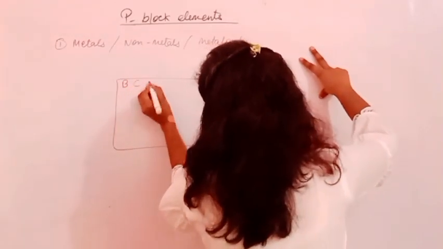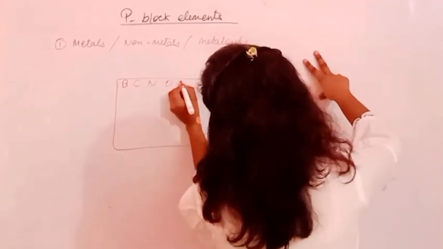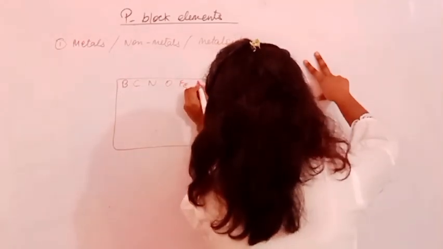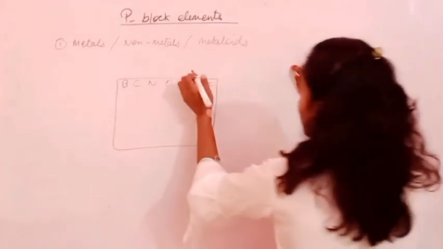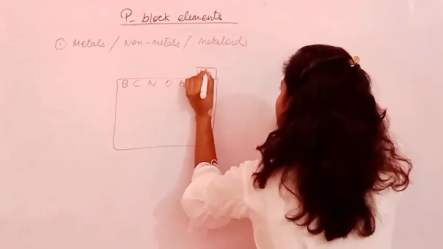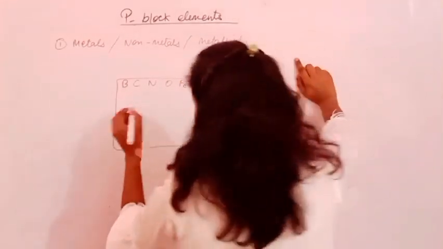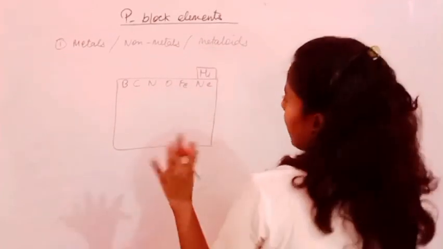Here's your boron, carbon, nitrogen, oxygen, fluorine, neon, and its inerts. ठीक है, ऐसी तो है आपकी टेबल P block element की, boron, carbon, nitrogen, oxygen, fluorine, neon, here's your helium and so on. ठीक है, अब यहाँ पे जो few elements है which is required by us to remember it,